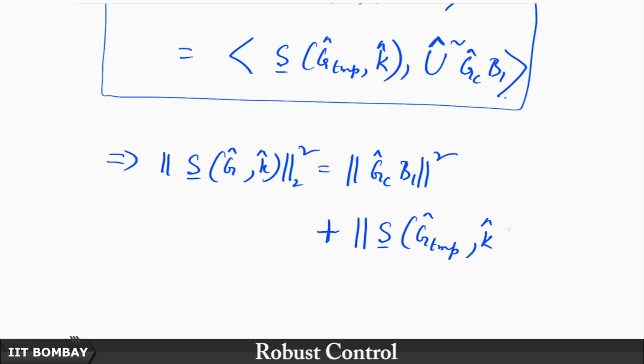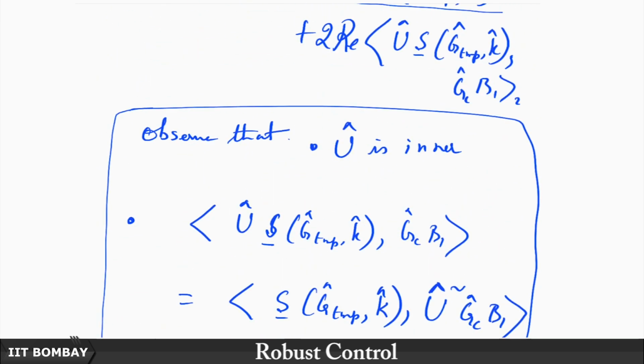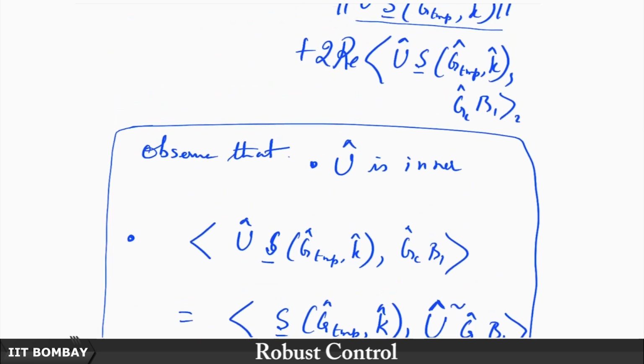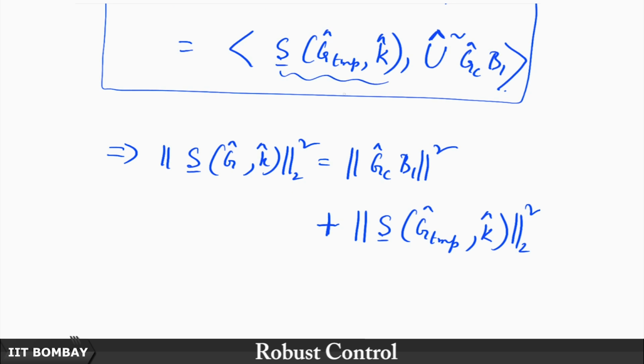G TMP hat K hat, this norm square. Now, this is going to be interesting. What can I say about this fellow here? This fellow belongs to RH2, okay. But this fellow, because of its association with this U hat inner, belongs to RH2 perp,